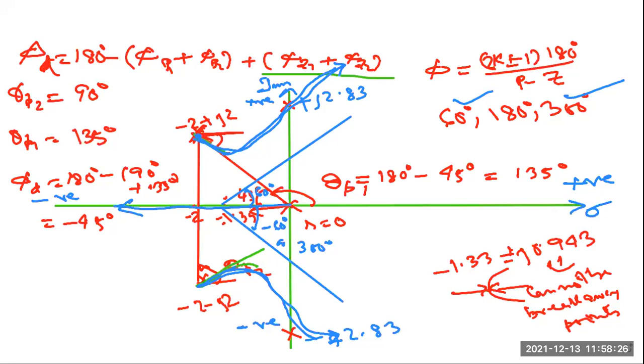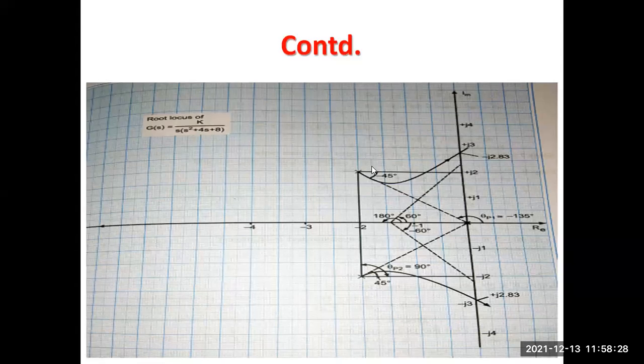So the same thing you have to draw on graph paper. This is one root locus. I have drawn it freehand, but when you draw it on the graph, it will be smooth. This is the asymptotic path. This is the path of one root locus, and the arrow is given here. This is another root locus. There are three root loci in this problem.